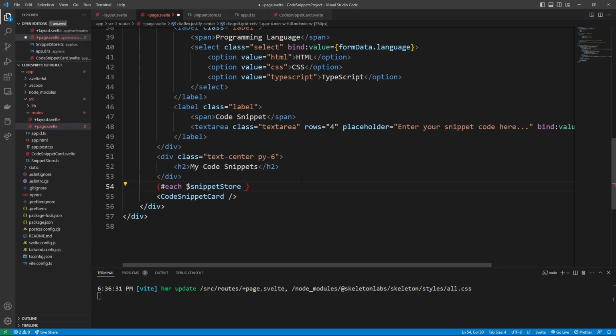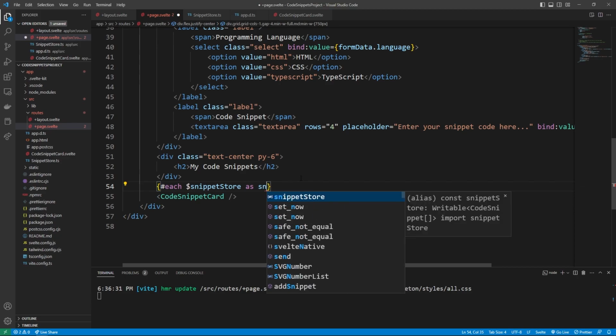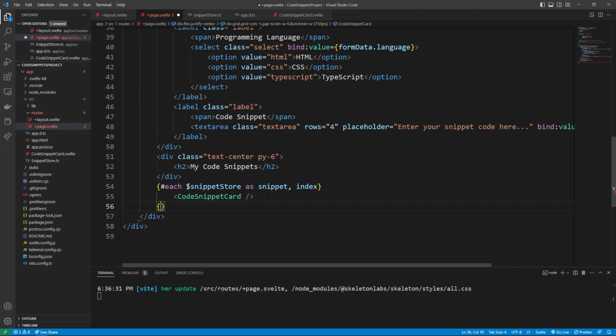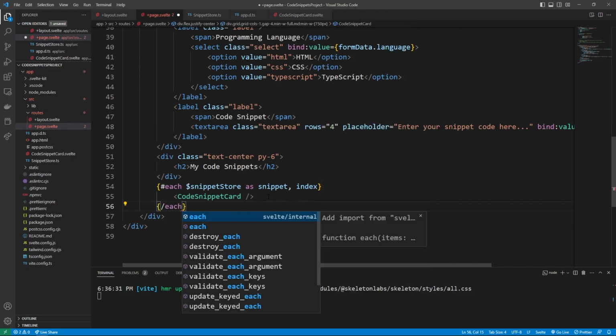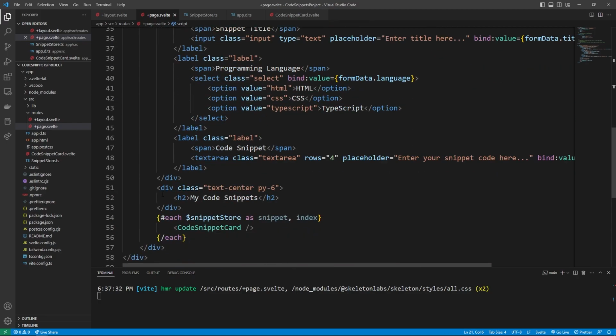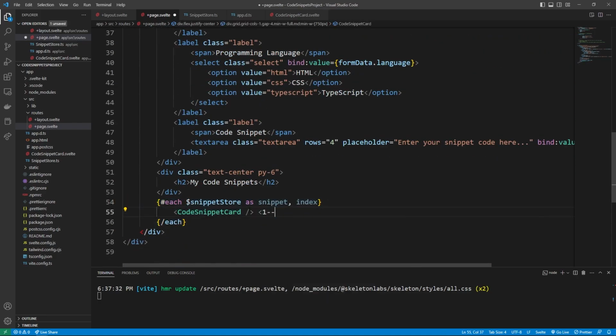snippet cards. And so from this snippet store, we can get access to the snippet itself, so as snippet, and also get access to the index we're currently on. And we can end our each statement by going down here and saying /each. And so we should expect to have one thing inside of our snippet store. And so it's going to show only one code card. I'll make a comment here. We need properties. So we're gonna do that in a second, but let's go look at our application and see